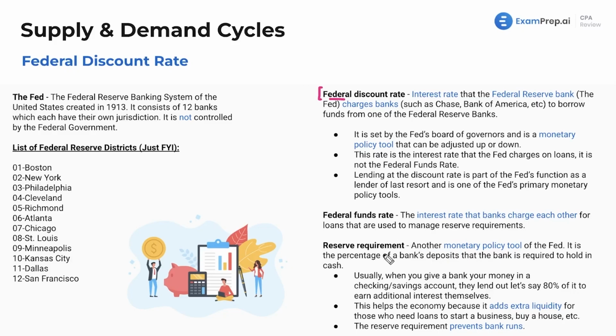This reserve requirement was sparked by the Great Depression and the run on the banks, right? We want to make sure that the banks have enough cash on hand to pay out anyone who wants their cash at any point. We don't want a run on the banks where the banks have no money. Now, we don't want the banks to have to hold every single dollar that we give them, because banks can then take the money they hold and lend it out to people who want to start businesses, right? That's how the economy flourishes.